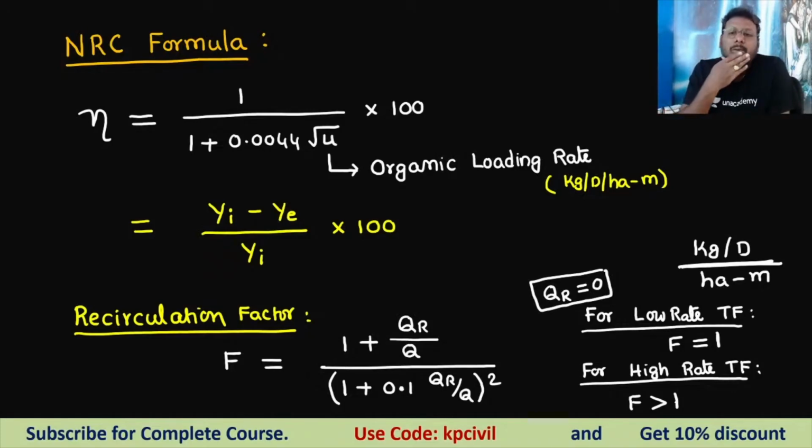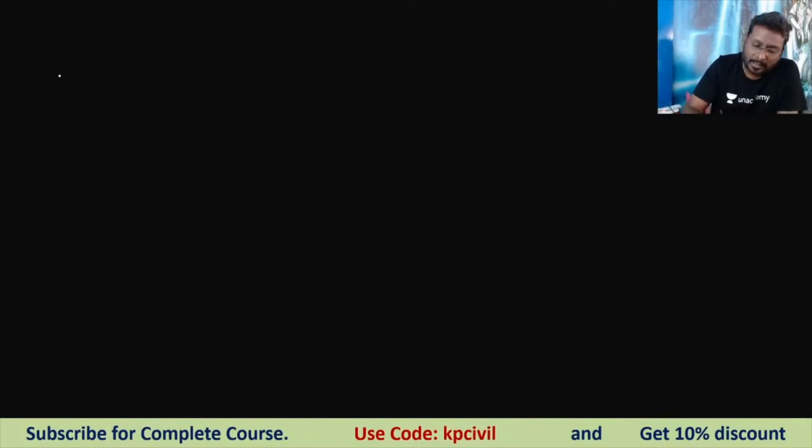F is equal to 1 plus QR by Q divided by 1 plus 0.1 into QR by Q whole square. For low rate, F is equal to 1; for high rate, F is greater than 1. So this ends trickling filtration. We'll continue again